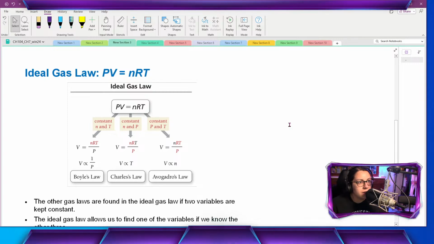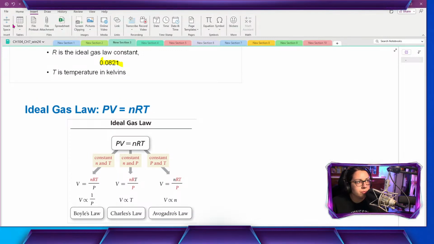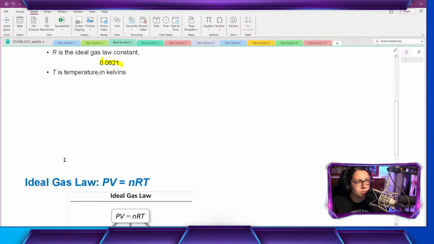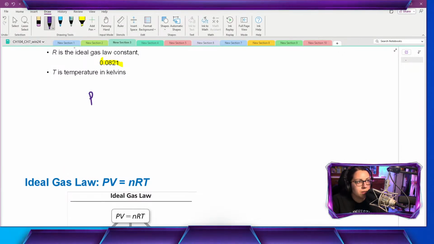All right. And then it tries to walk us through the derivation, but I think it makes it kind of confusing. So let's run through it together. We're starting with PV = nRT. And R is a constant, so we can rewrite it. R is PV over nT. And if R is a constant, we can set